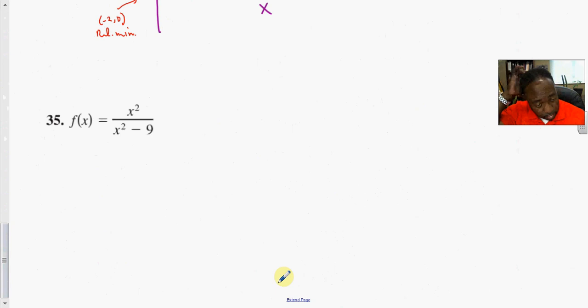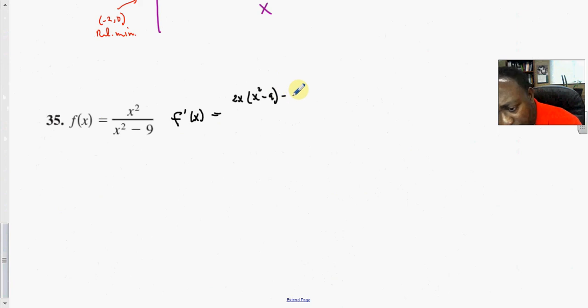All right, let's look at this one. This problem, we could work using just algebra alone and get it. But we'll use calculus. That's why we're here. So f prime of x is equal to the derivative of the numerator, which is 2x, times our denominator, x squared minus 9, minus our numerator, times the derivative of our denominator, which is 2x, divided by the denominator